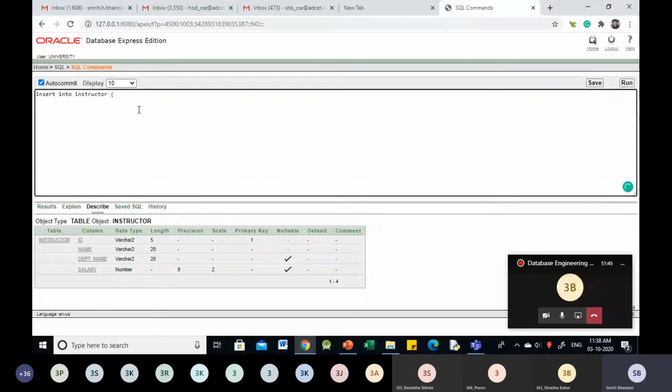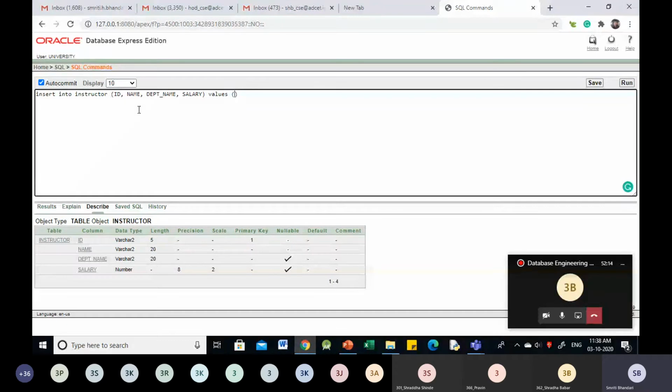As I stated, we should list out the attributes ID, name, then department name and salary, then values, and we should enclose the values in parentheses. So let us try to insert this tuple.